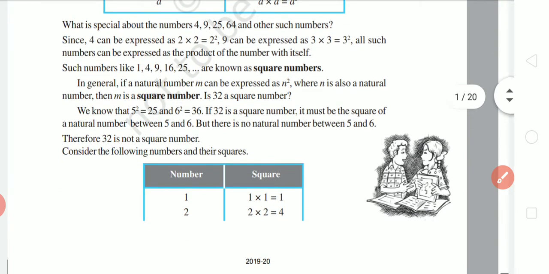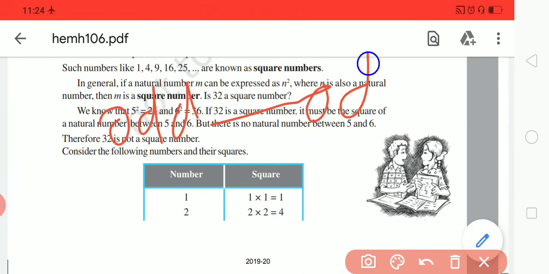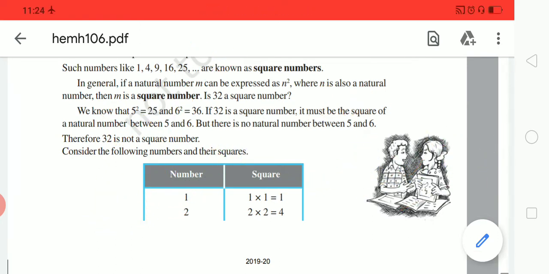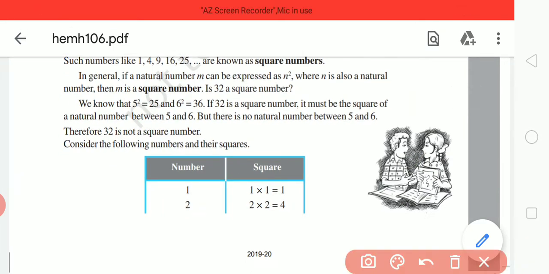The square of an even number is always an even number, the square of an odd number is always an odd number. The number that ends with 0 has a square that also ends with 0, right? And